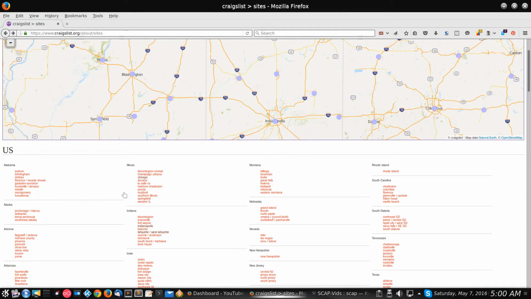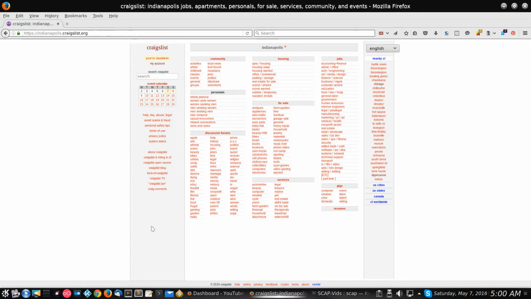But it may be easier to go down here and look down through here and find your location, but you can use either or. They all correspond to the same thing. This one up here is more graphical. This one down here is just text and links. So as an example, we're going to go ahead and click on Indianapolis, and let's go ahead and open it up. Now this is your local Craigslist site, and this is the main page for the local area. Okay, you see at the top it says Indianapolis right up here.